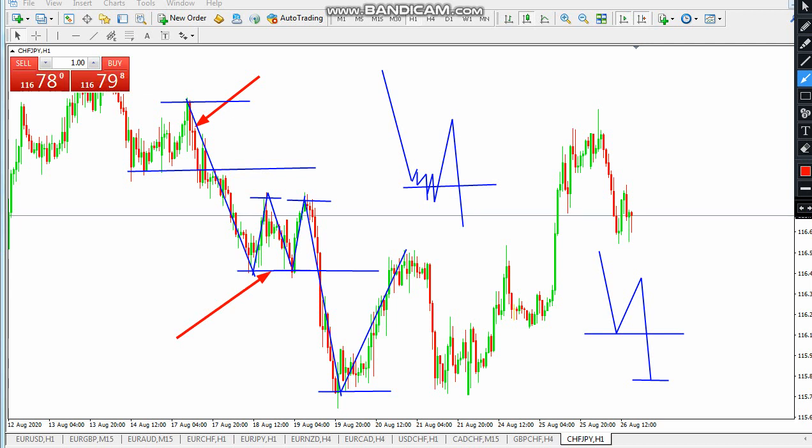And what do you know, it comes crashing all the way again to this area. Then it pulls back to about this area. Now it's about 60-70% of this move from here down to this area. Then it pulls back like that to about 70% of this entire move.